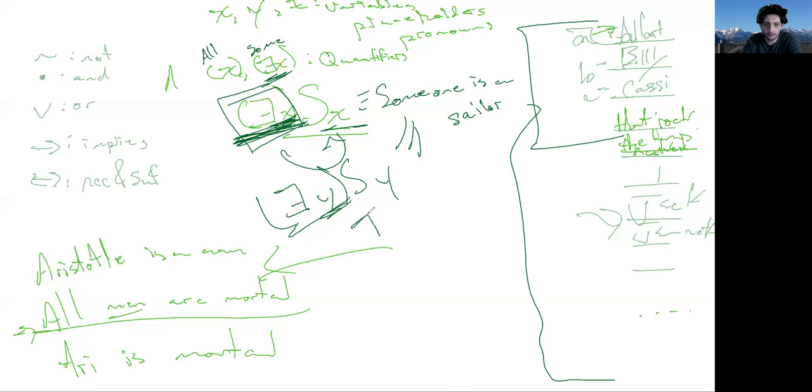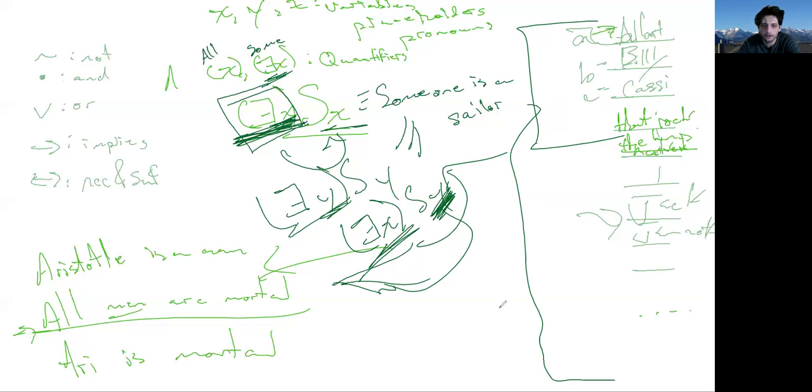There would have been a problem if we said there exists an X such that SY. Because here you introduced me to a group of people, but you didn't tell me anything about them. And here you're trying to tell me about a group of people, but you haven't introduced me to how many people there are. So whenever you use a variable, it has to be introduced with the quantifier.